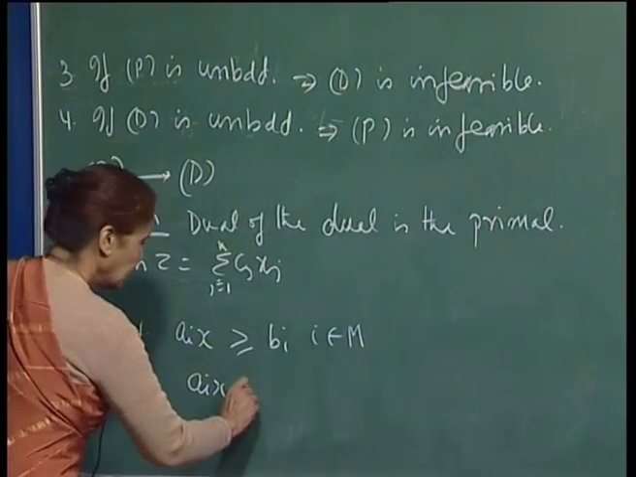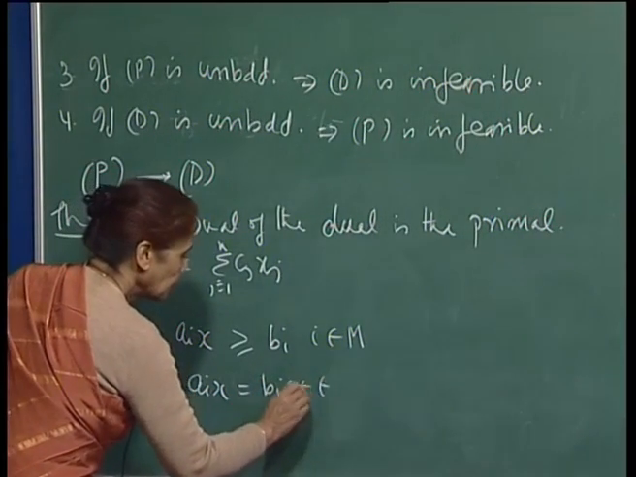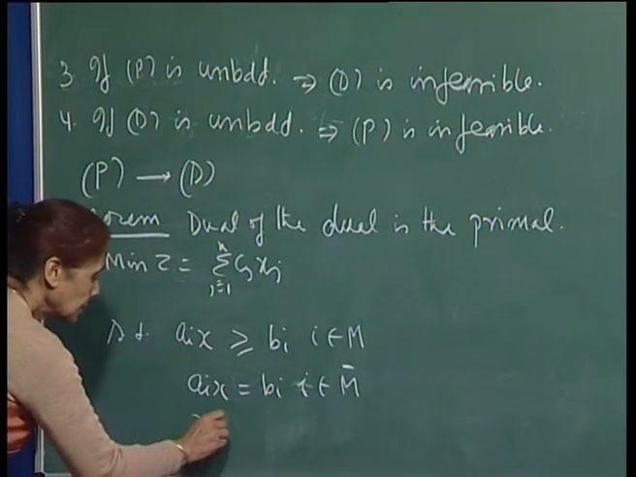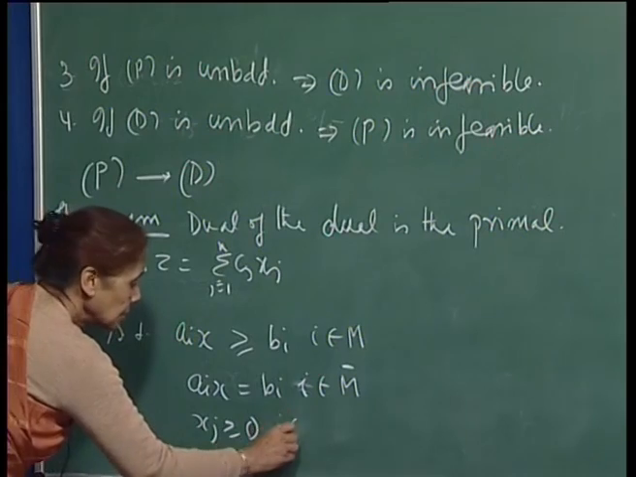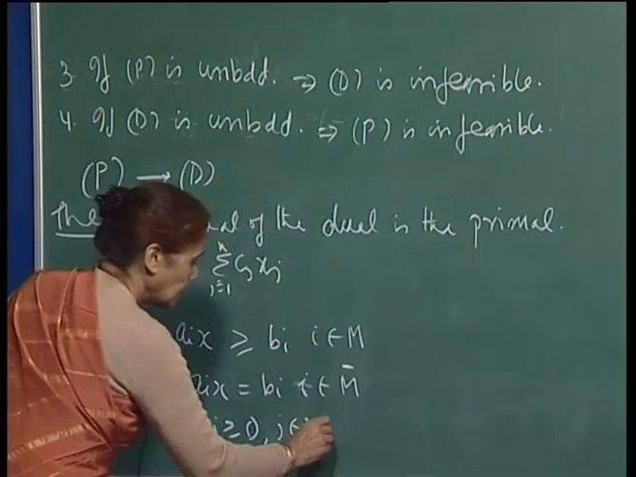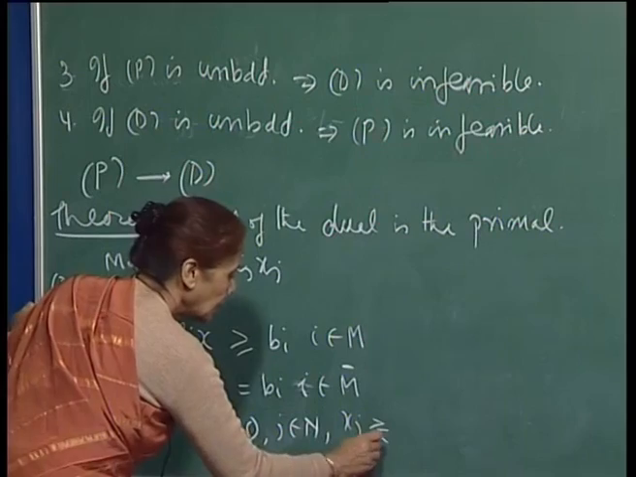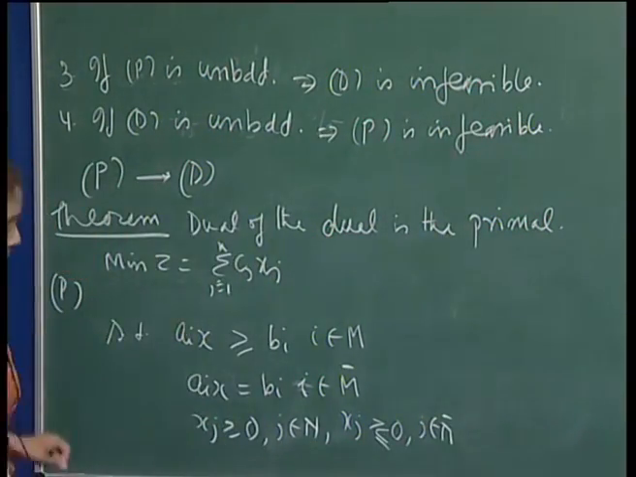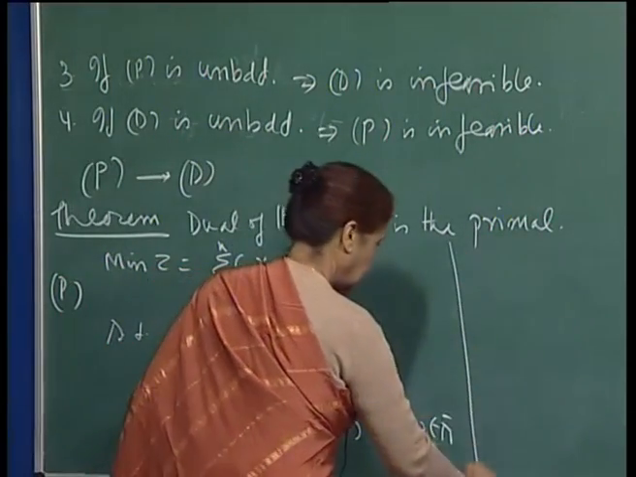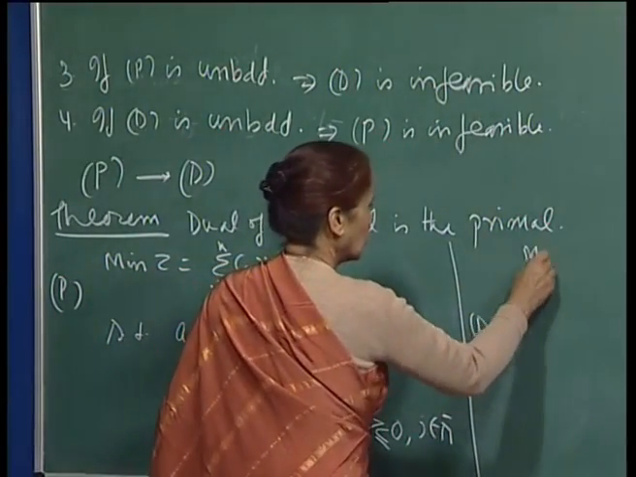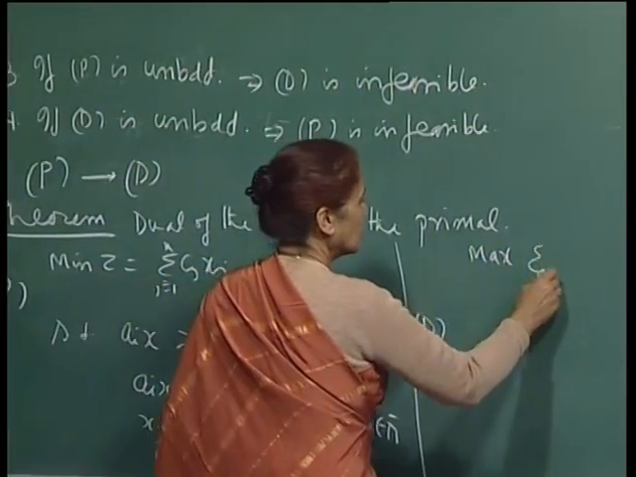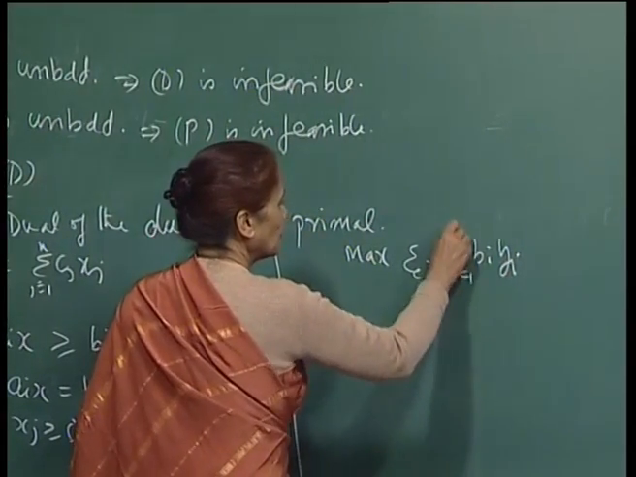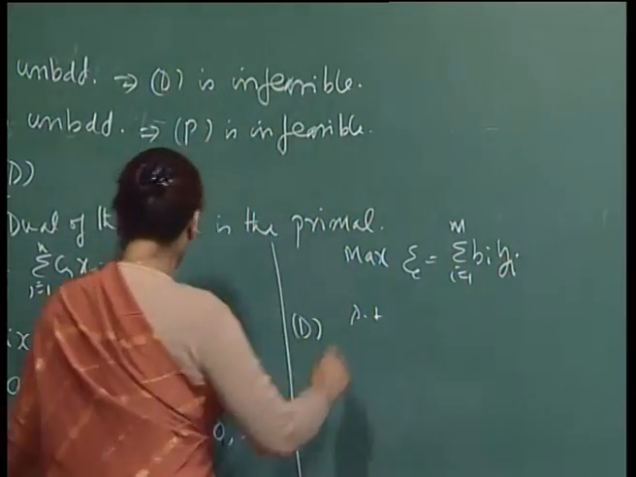So, a_i x equal to b_i, i belonging to M bar. Then we said that x_j is greater than or equal to 0, j belonging to N, and x_j unrestricted for j belonging to N bar. Then we wrote the dual as maximize psi equal to sigma b_i y_i, i varying from 1 to m, subject to